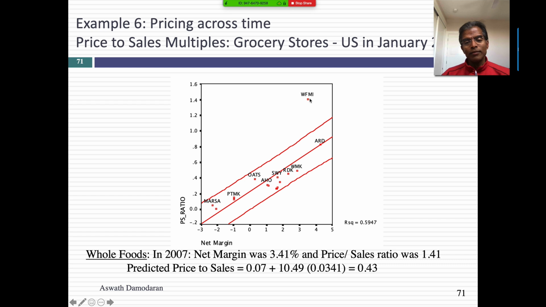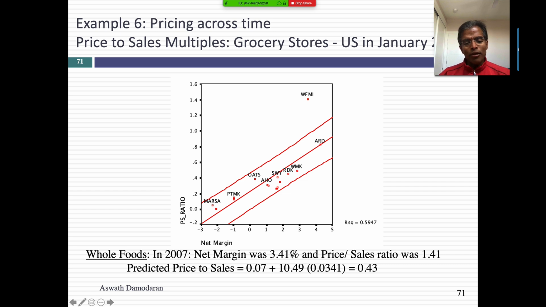And then there is the outlier, Whole Foods. Whole Foods looks overpriced, right? But how do you explain it? Whole Foods was a grocery store, but its margin was 3.41%, significantly higher than the net margin of the other grocery stores. So if I were to stop you as an equity research analyst and you put a buy recommendation on Whole Foods, I'd say, how can you ask me to buy the stock? It looks expensive. Your defense is it has much higher margins. But you see the problem with that